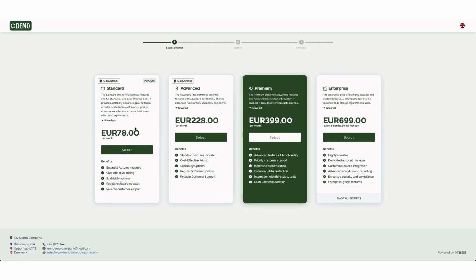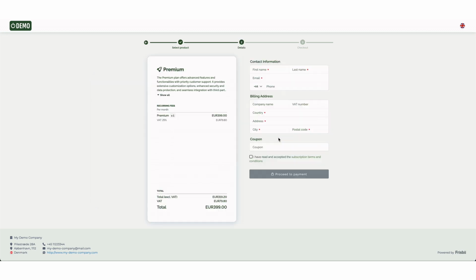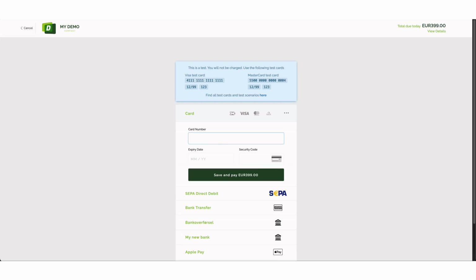Here's an example of what a hosted page could look like when offering multiple plans, allowing customers to choose the one that best fits their needs during sign-up. This setup is particularly beneficial for companies with tiered subscriptions, such as Silver, Gold, or Platinum plans. With hosted pages, it is easy to generate a link for further use in the sign-up process of your customers on your website.